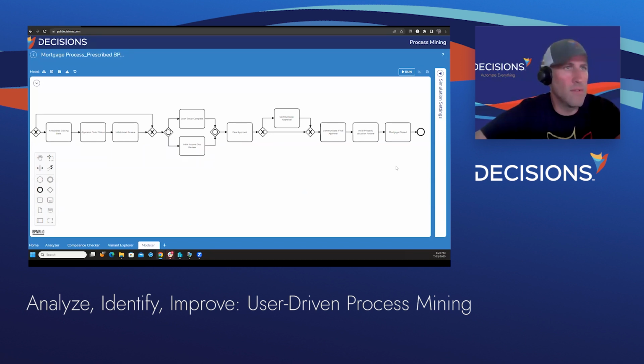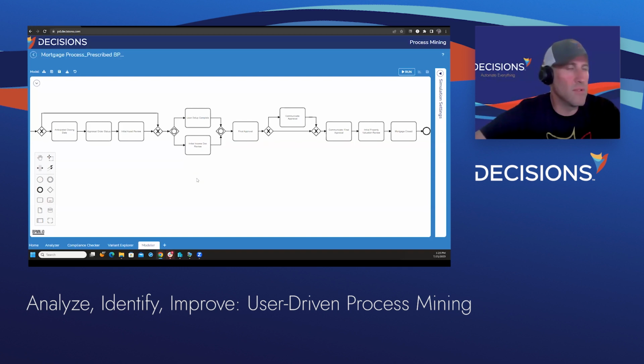The reason why we want to go through this exercise is because we absolutely want to talk to the humans, to the activity owners, to the stakeholders, the line of business department managers, to really understand the end-to-end workflow and the end-to-end process. Because what we can do in this tool is expose areas of opportunity by comparing this particular model to what's actually happening. I always refer to that as the real versus the ideal, and this is our ideal process.